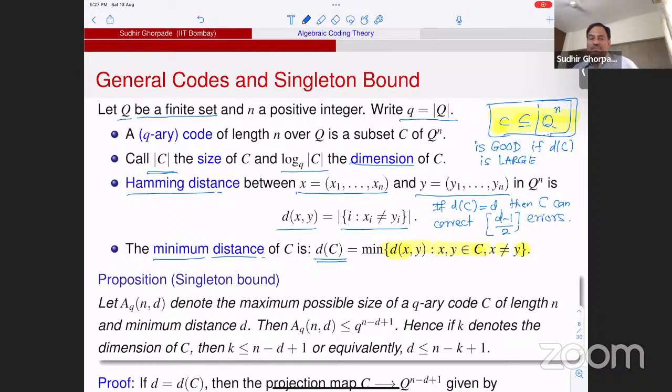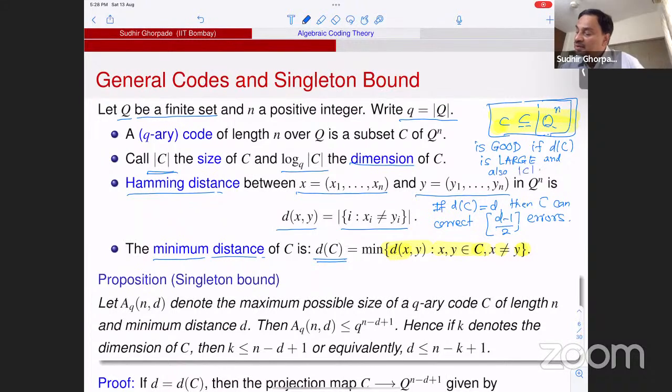Okay, it's not difficult to show. This is not the thing I'm getting into. This is related to what is called syndrome decoding. So therefore, if you want to correct more errors, you want this minimum distance to be large. Okay, so naturally, what you want is that d(C) is large, and also